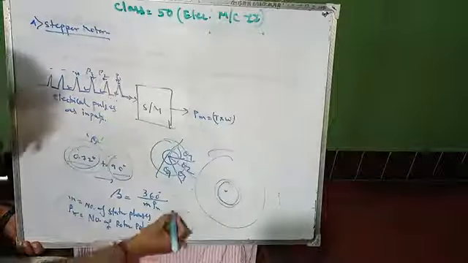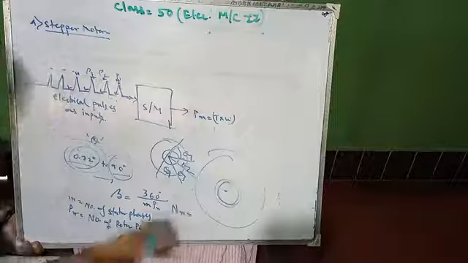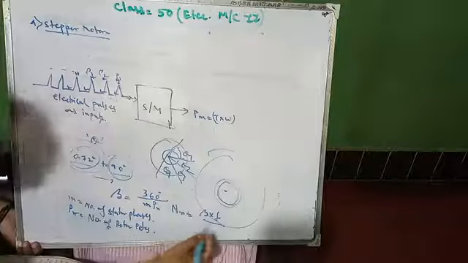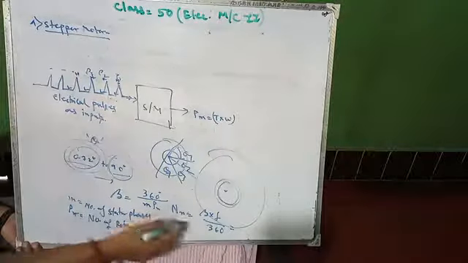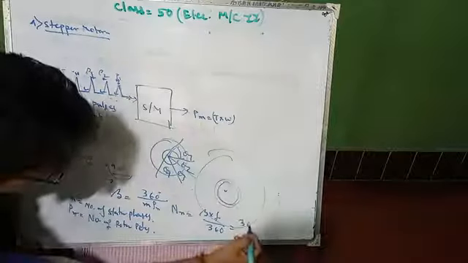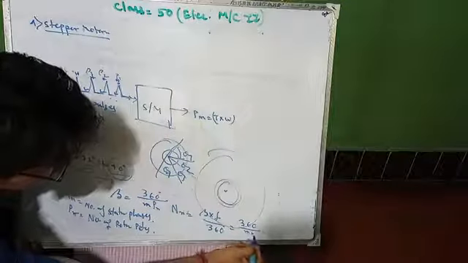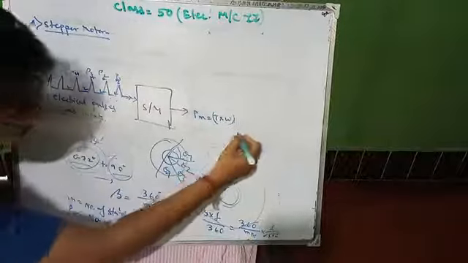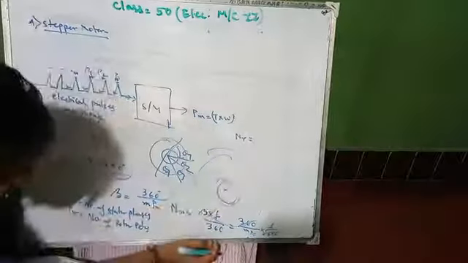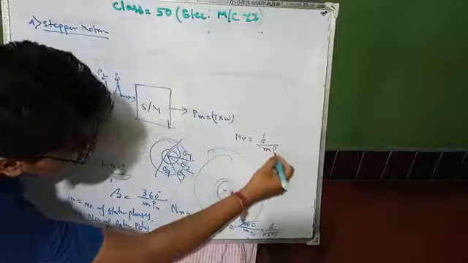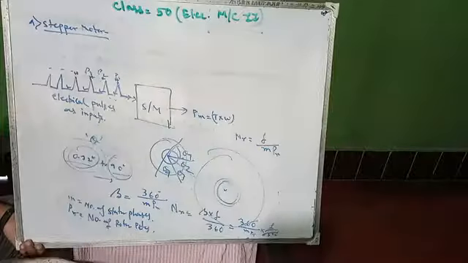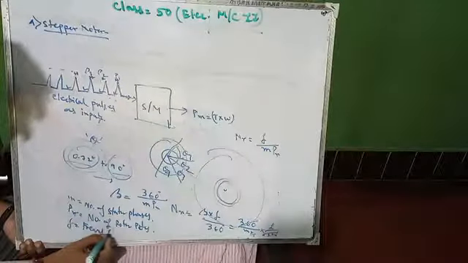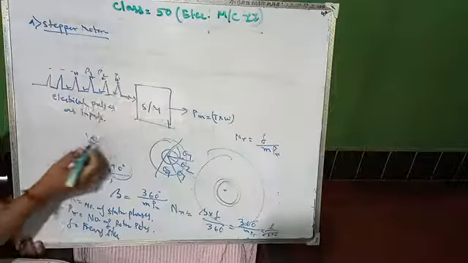And the shaft speed, or rotor speed, Nr, can be calculated as beta into f by 360. If we put this beta value over here, 360 by m into Pr, into f by 360, the 360 cancels out. It will be Nr equals f by m into Pr, where f equals nothing but the frequency of steps. So from this value you can easily calculate the frequency.